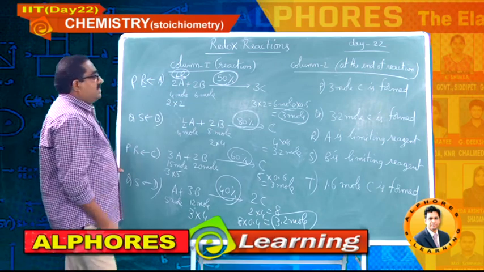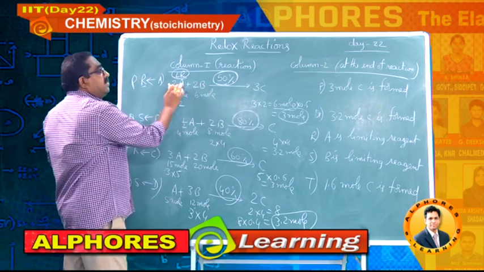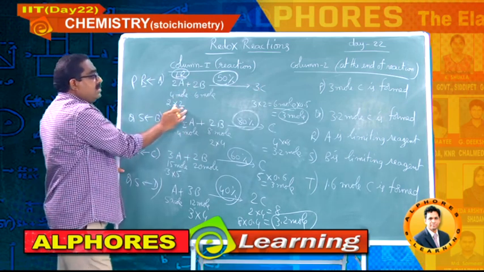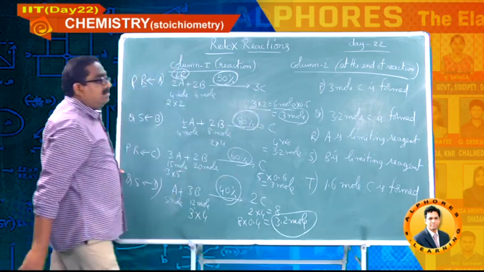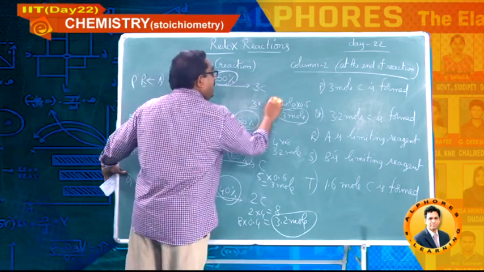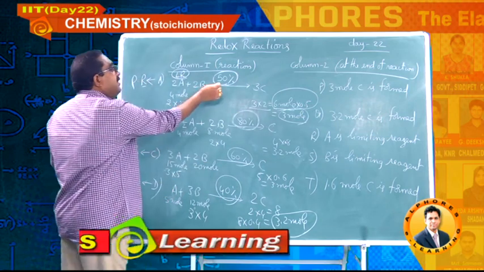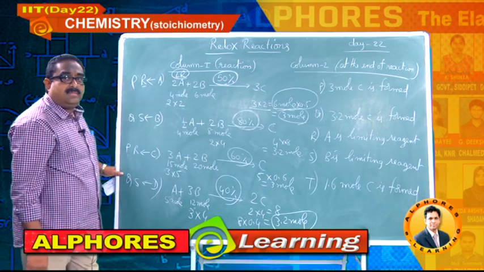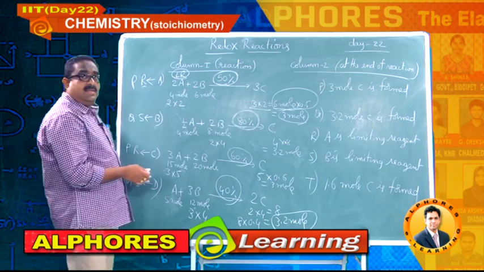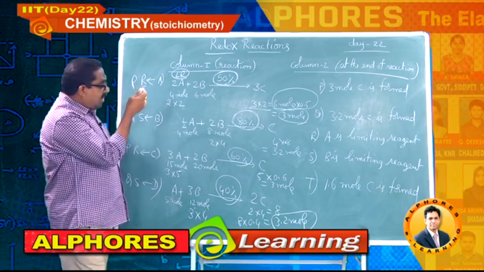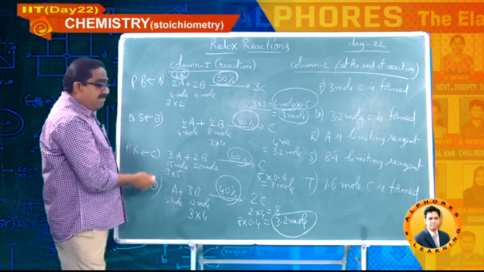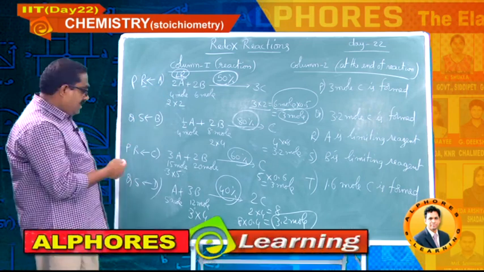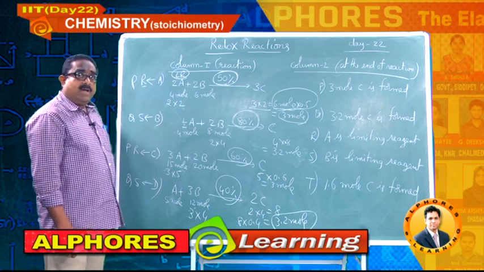Next I will go for calculation. So, forget about this 2:3 ratio. So, I made it as 4 as 2 into 2. So, 2 into 2 means you will get it as 3 into 2. But you should multiply that with 0.5 because he has given only the percentage yield is 50. So, you will get as 3 moles. Okay, students. Like that, you have to solve all the options present under the first column A, B, C, D, and finally you will get these answers. This is very important question, students. Please note it down.